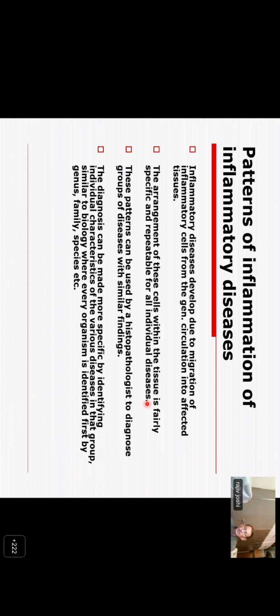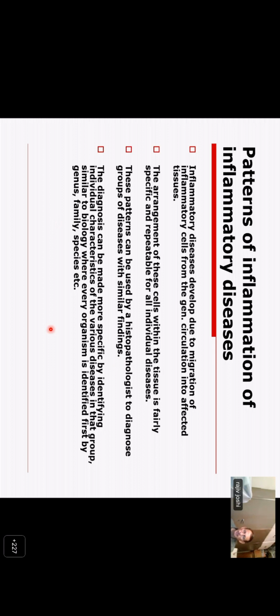One is that inflammatory diseases develop due to migration of inflammatory cells from the circulation into the affected tissues. The arrangement of these cells within the tissue is fairly specific and repeatable for all individual diseases. These patterns, therefore, can be used by a histopathologist to diagnose groups of diseases with similar findings. The diagnosis can be made more specific by identifying individual characteristics of the various diseases in that group, similar to